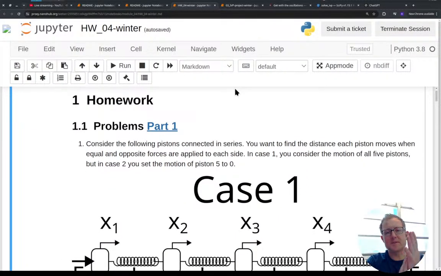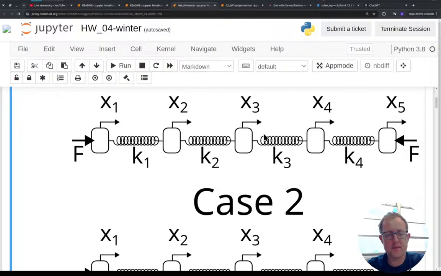Okay, so today I was taking a look at the homework 4 work that you've done on this linear algebra set of problems. Nice work so far. I'll run through some of the things that I noticed and maybe some places where it would help to get some more information. This first problem where we're looking at two cases,